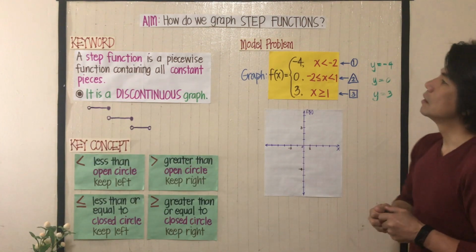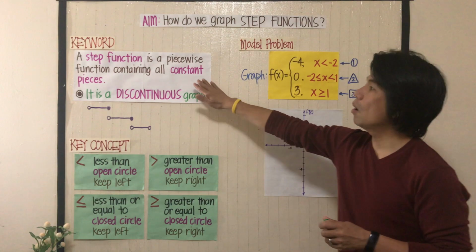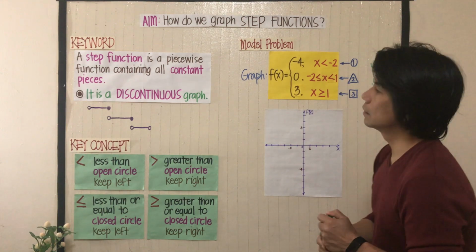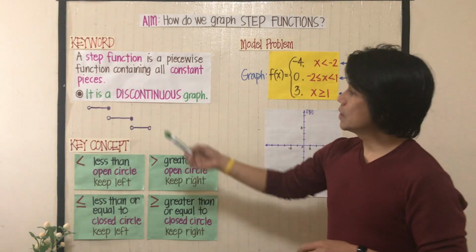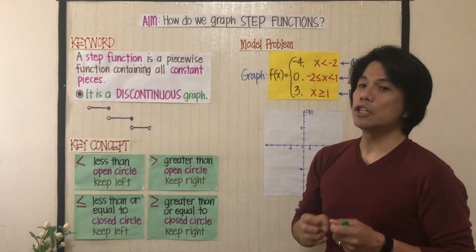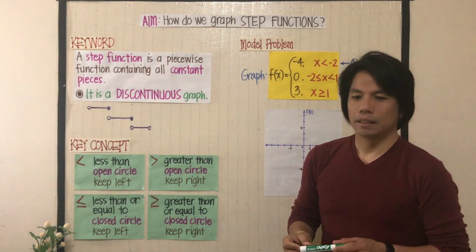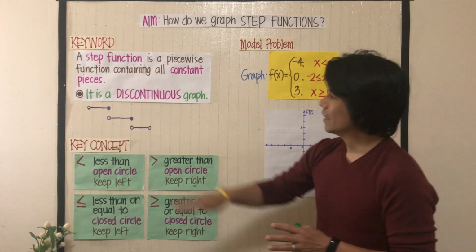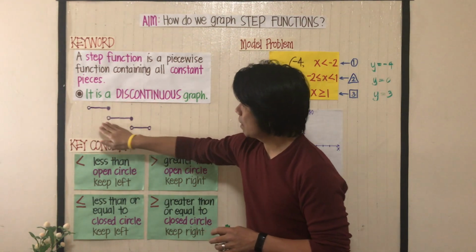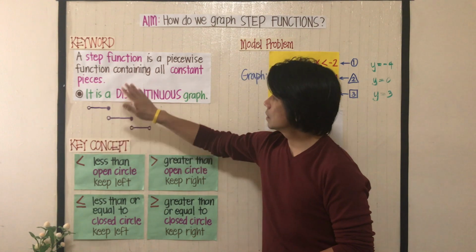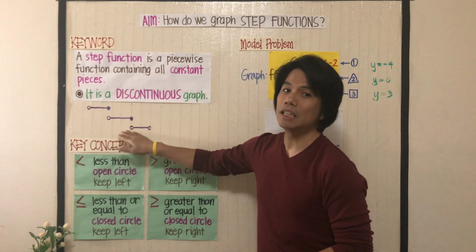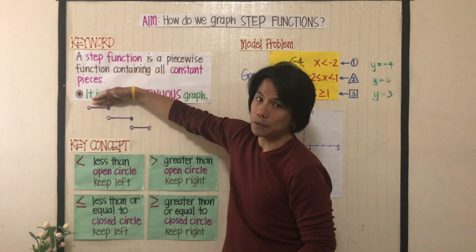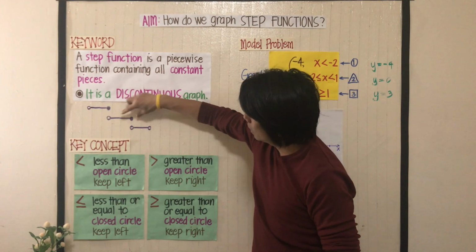Alright, so a step function is a piecewise function containing all constant pieces. Equation 1 is a constant, and so are 2 and 3. Now, it says here, it is a discontinuous graph. What does it mean? The step function is like the steps of stairs. So take a look here. This is an example of a graph that shows a step function, but they are discontinuous. That's why it says discontinuous here. They are not connected. The first part is not connected to this, and the second is not